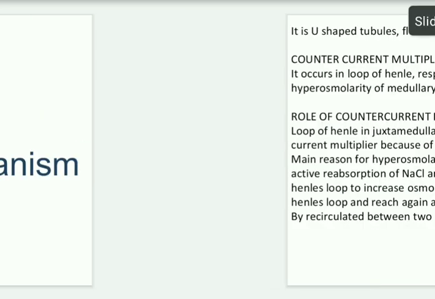Today we will learn about the physiology of the counter current mechanism, which takes part in the kidney. What is this mechanism? We will see. And these are the notes, which you can also write in exam pattern.